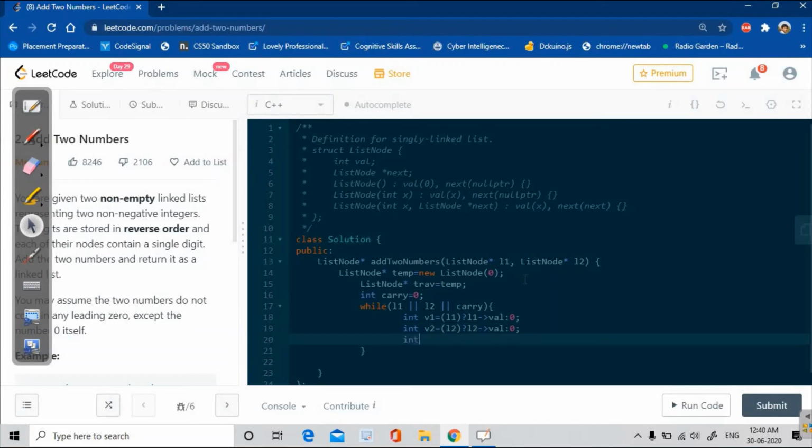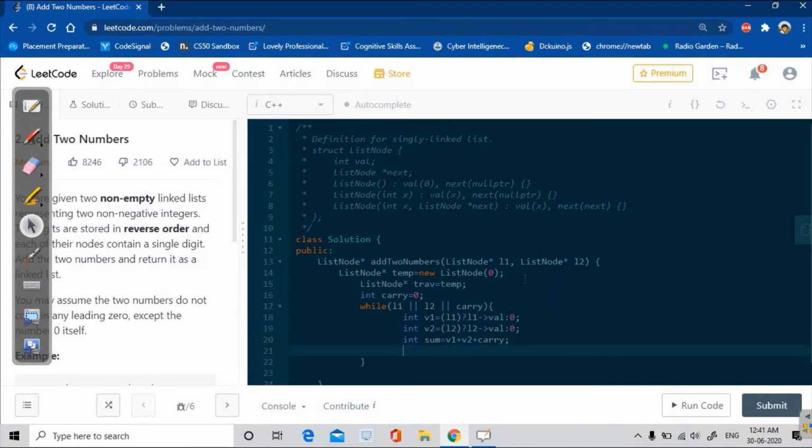And after that we need sum, and my sum will be value 1 plus value 2 plus carry. Carry is there from the starting node, but earlier it will have value 0, and when we get a real carry, it will get updated.